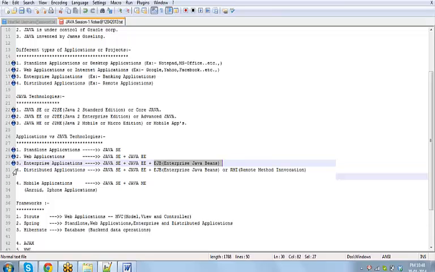The fourth thing you may want to develop is distributed applications. If you want to develop distributed applications, you should have knowledge of Java SE, Java EE plus EJB, or you can also use an API called Remote Method Invocation, because if you want to get remote controls and see everything remotely, that is defined in the API called RMI. You can use that if you want to develop remote applications. The fifth one, I can also say, is mobile applications, so Java SE